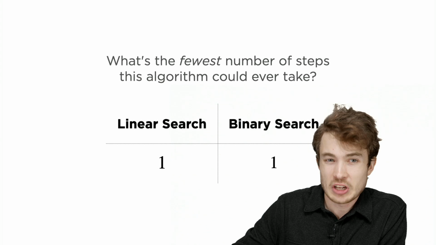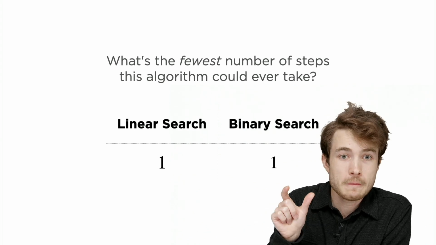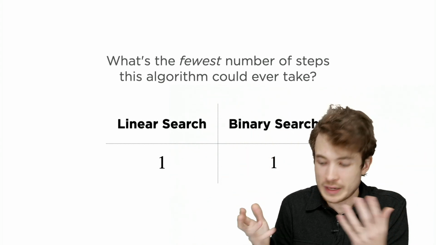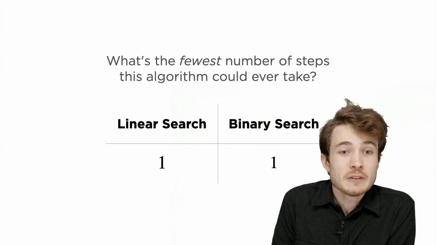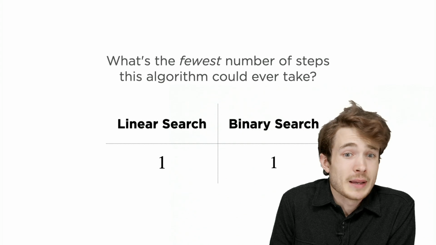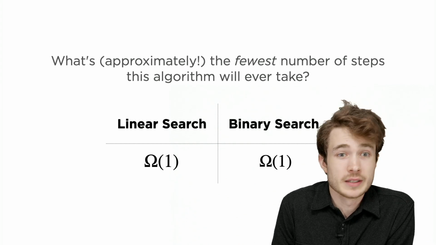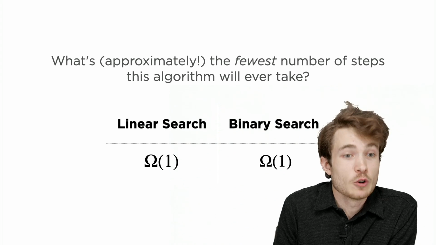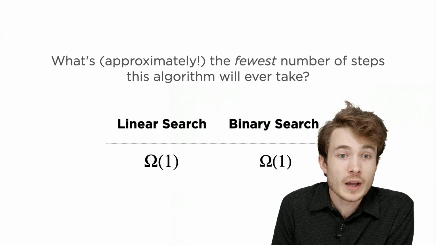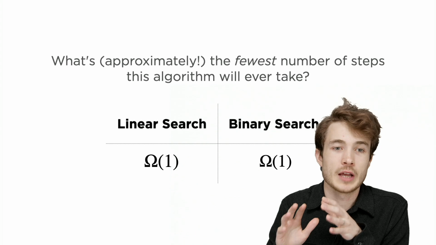Now, in general, as we just talked about, computer scientists don't tend to think about one particular input. They think about general inputs, what happens in just the overall best case. And we could say, even if we had 10 people, 100 people, 1,000 people, in the best case scenario, each of these algorithms would take 1 and only 1 step. And that's where this idea of omega notation comes in. So omega notation says what, given any kind of input, would be the fewest number of steps we would ever take.